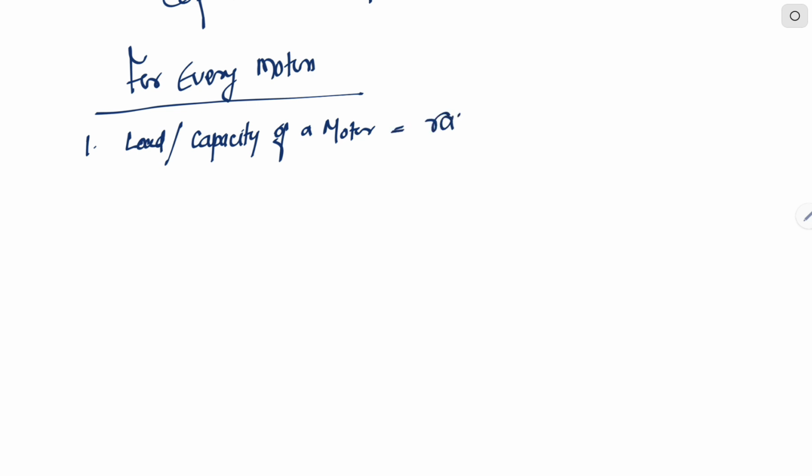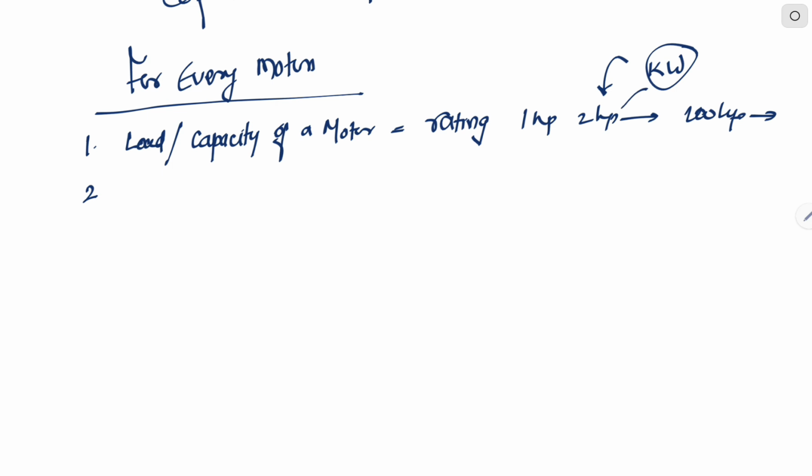That means rating, 1 HP, 2 HP, like that. Please listen. HP means horsepower; we are using kilowatt instead of HP. This is the actual terminology. So first, load or capacity rating of the motor, and second,